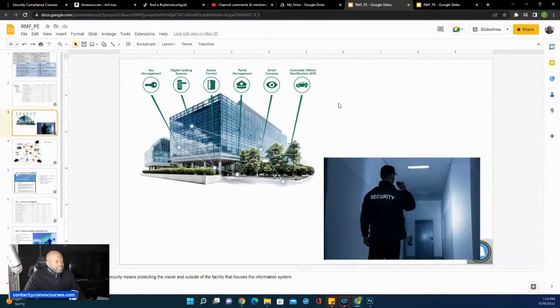And let's back up for a second and talk about overall what is physical security. What you're looking at here is just a facility where you would house typical information security. And a policy is going to address all of these different things. On the diagram here, it shows key management. It shows digital locking systems. It shows access controls, who has access to a system,